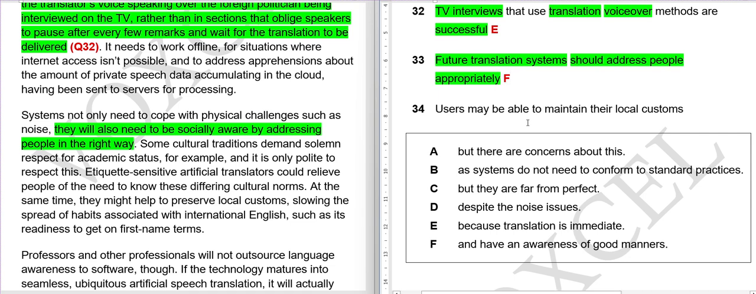Now I will tell you why this is our answer, where it is written. So future transit system. So here it is written will. So obviously it's about the future. So should address people appropriately. Appropriately means in the right way. Addressing people in the right way. This is the one thing. And other thing is